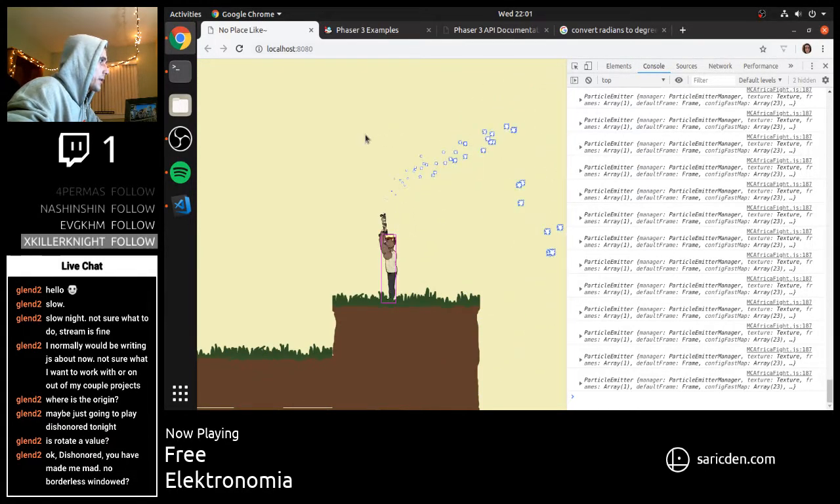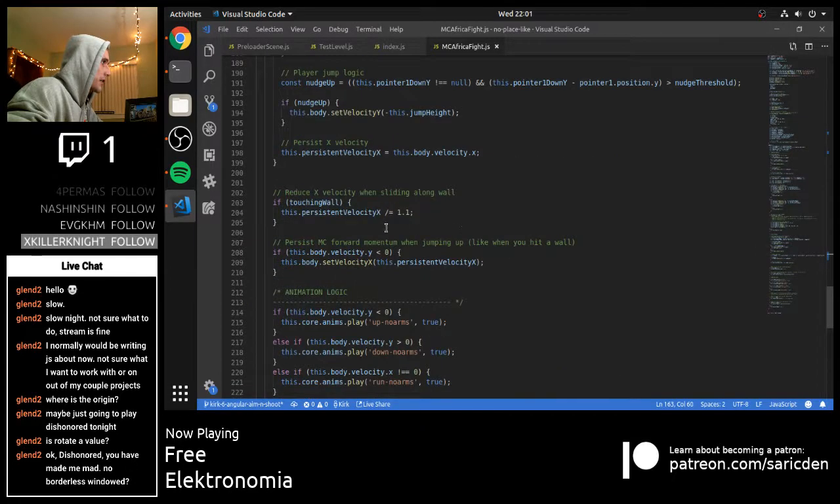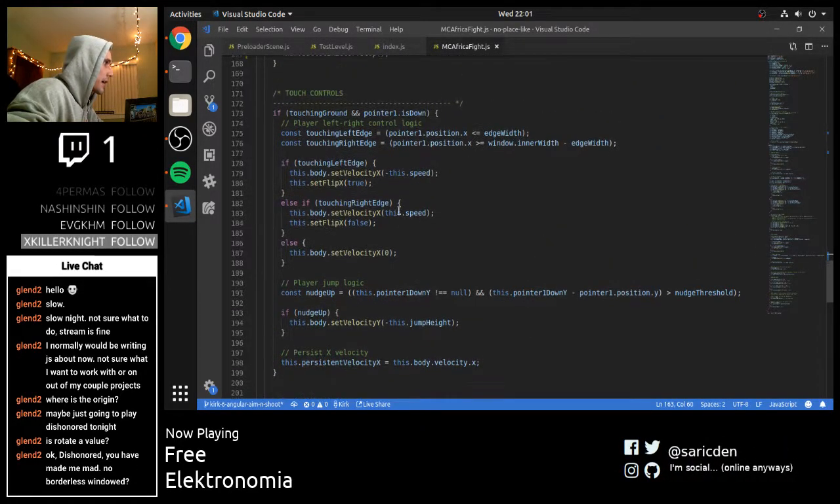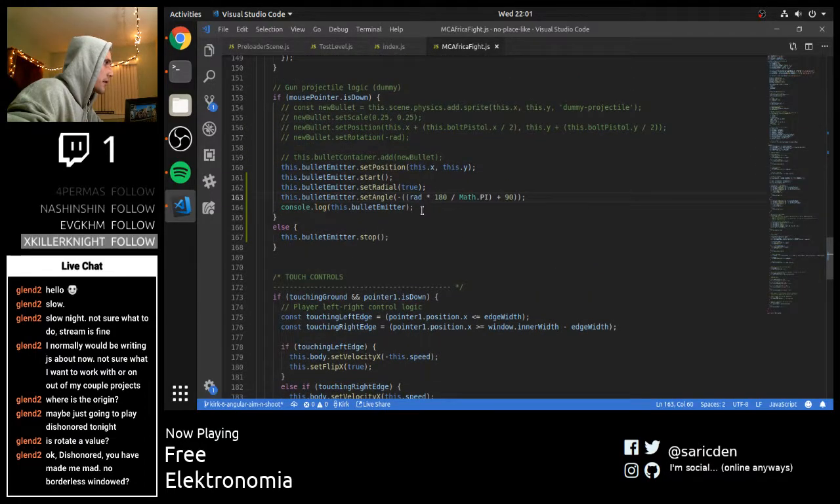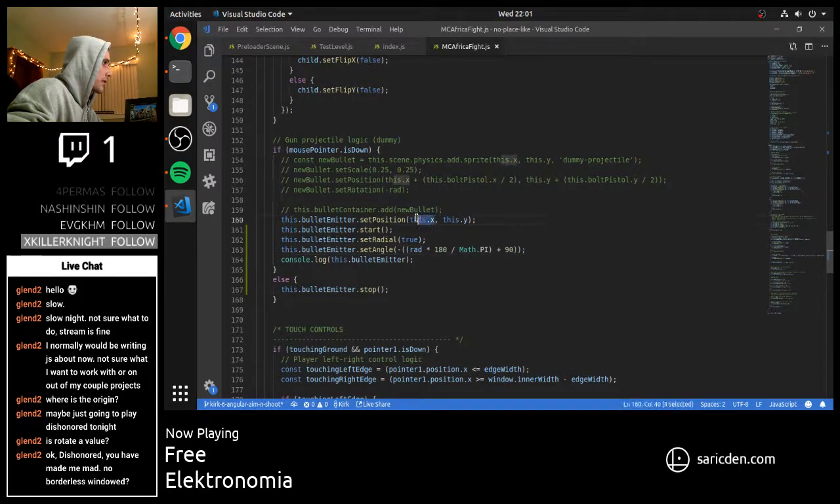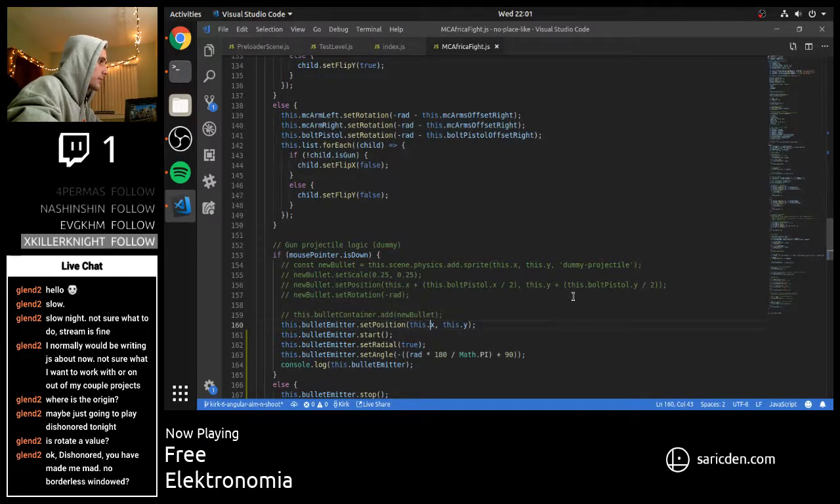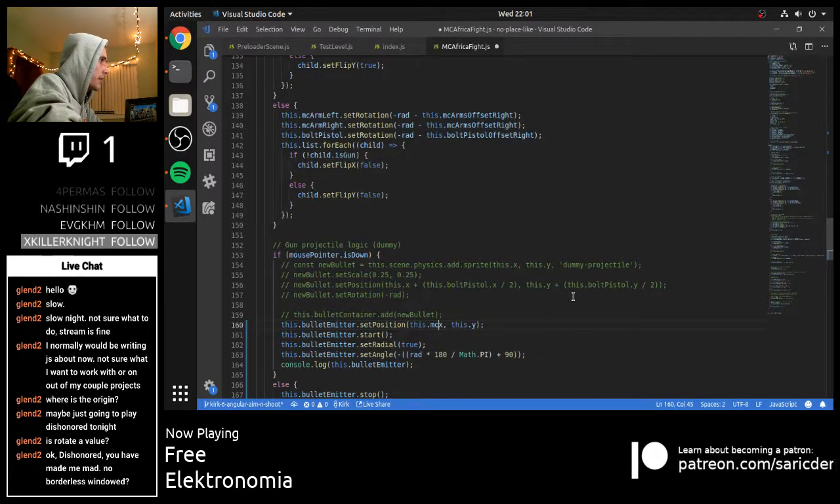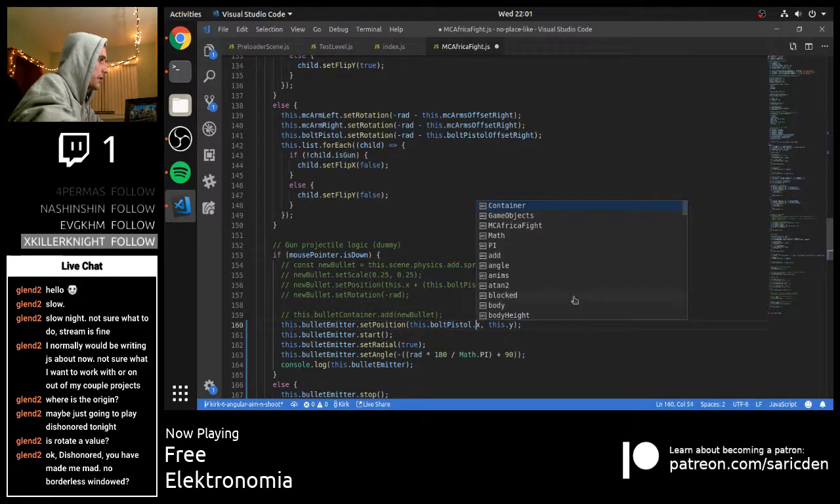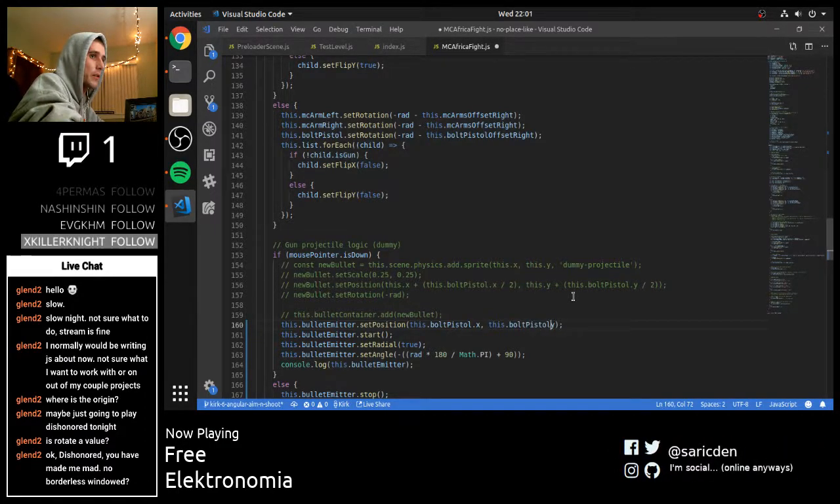Yep, I think that's the one. Now we just have to get it to actually line up with the gun, or the positioning to be the same as the gun, which is actually going to be super easy now. And let's just do that. So instead of setting the position to this x and y, we'll set it to this dot bolt pistol maybe? Bolt pistol dot x. This dot bolt pistol